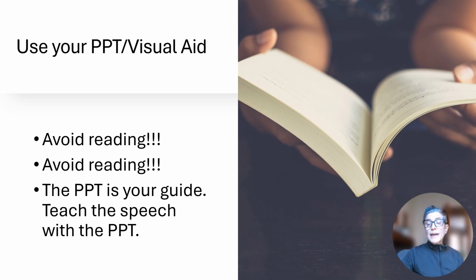Use your PowerPoint and your visual aid to teach the speech. Again, avoid reading, really avoid reading. You want to use your slides as your notes. I don't really recommend using slides and notes. It's possible, but it can get pretty confusing to have an audience in front of you, a PowerPoint somewhere perhaps over here, depends if you're holding a tablet or using a TV screen, and then also to have notes. So think about that as you practice. But think of it more as you're teaching the audience something about your topic.